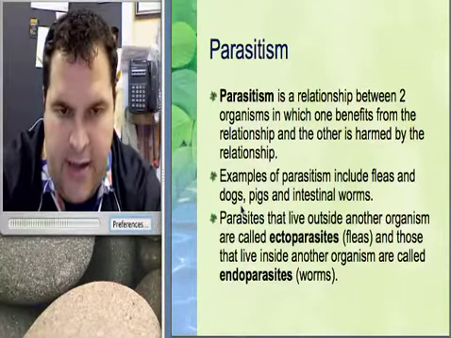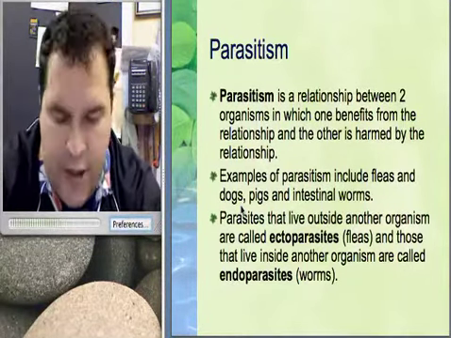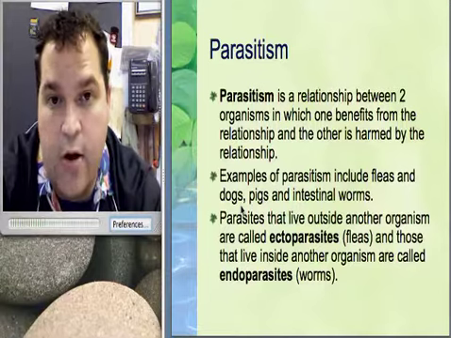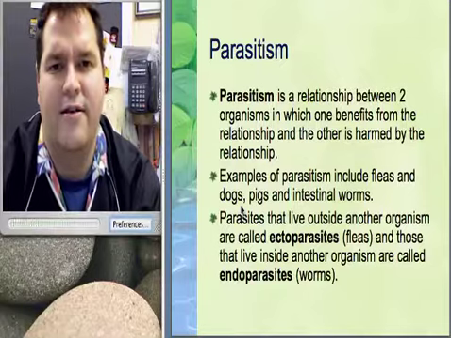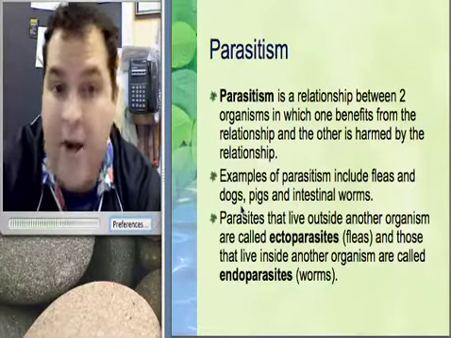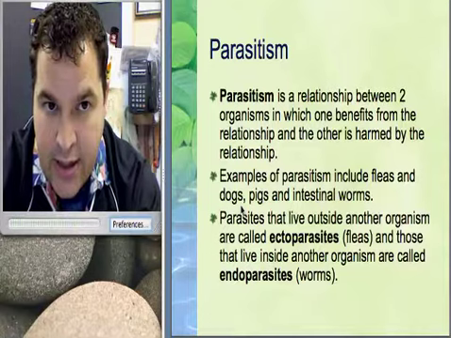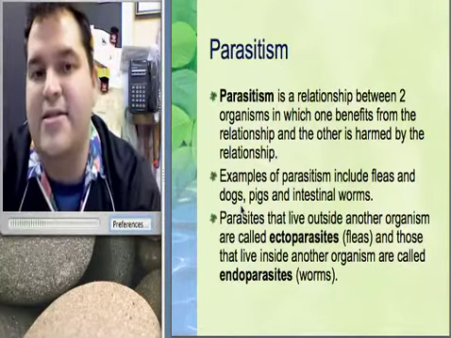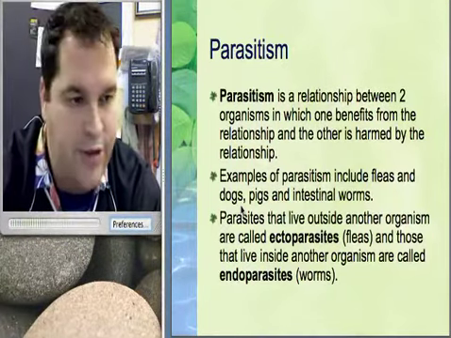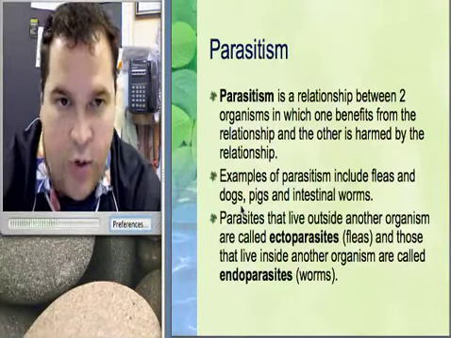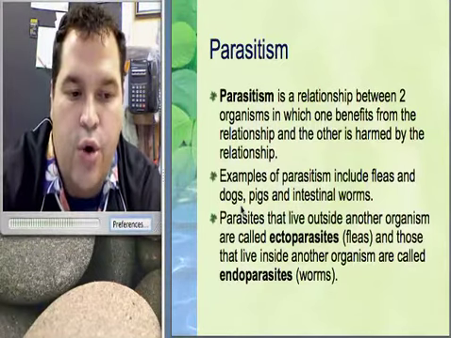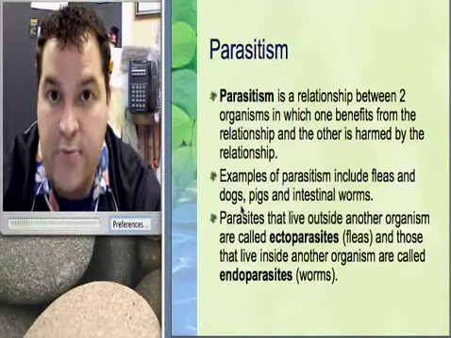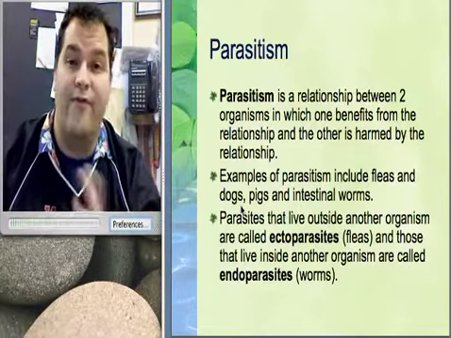The other difference is that parasitism is a long-term relationship. If the parasite kills its host, and that's what we call the thing that the parasite is in or on, it's a host. If a parasite kills its host, then what benefit is it? It doesn't get the benefit. So a parasite has no interest in killing its host. That's not to say it can't. It's just that's not its intention. It doesn't go around trying to kill the dog or whatever organism it happens to be in or on. Because if that happens, then that organism is going to die because it loses its host. So the ideal parasitic relationship is one in which one is harmed but not fatally so.